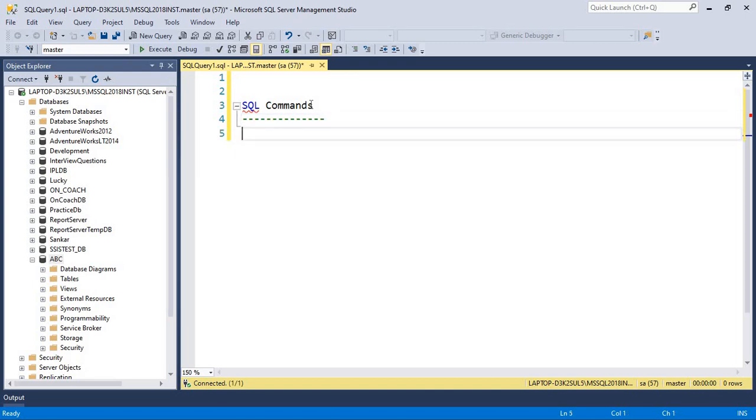We can't create objects, create tables and so on. So the basics are a must here. The basics, as you can see, are SQL commands, DML. Let me explain one by one. DML means Data Manipulation Language.